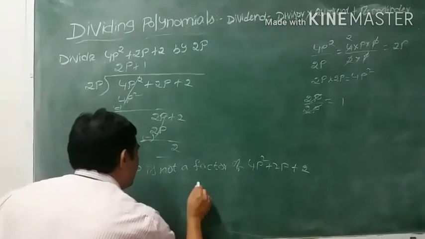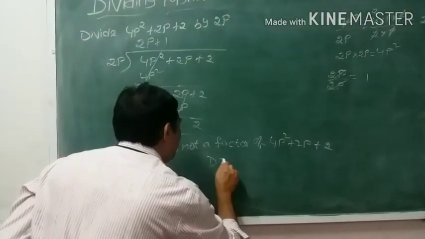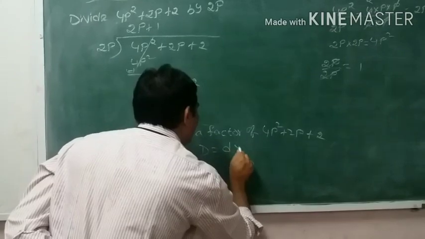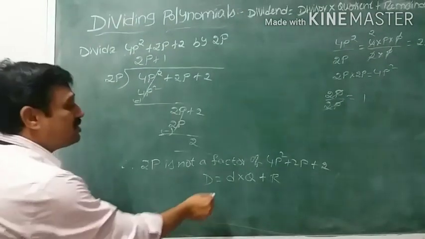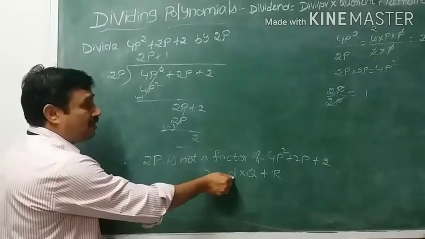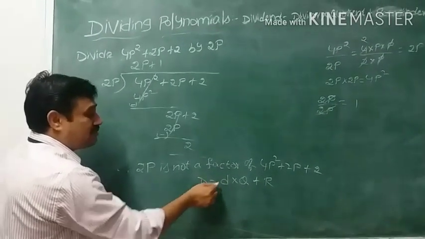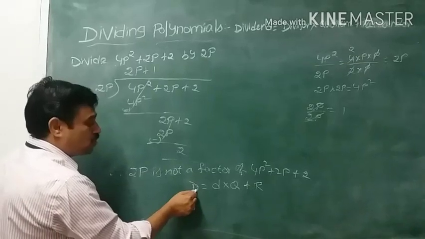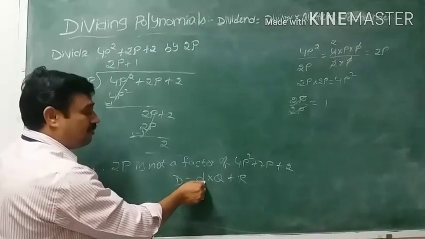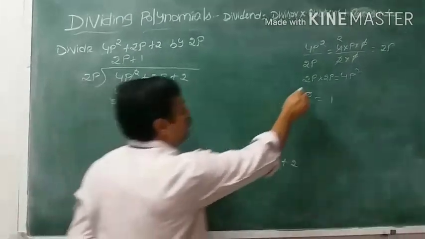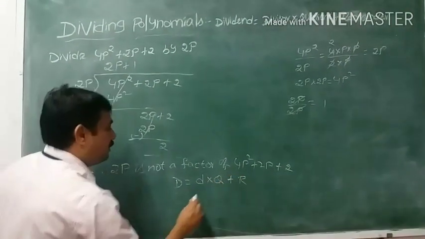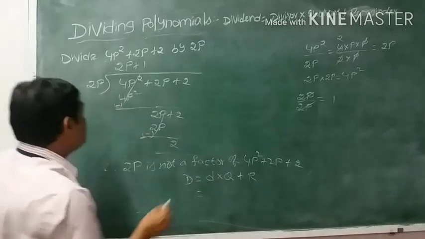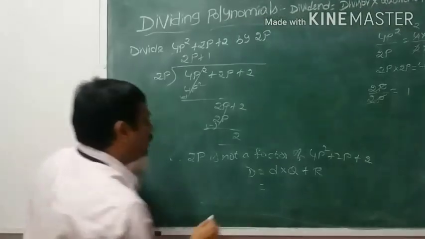Then division fact. Division fact is nothing but dividend is equal to divisor into quotient plus remainder. Here why we should write small d? If I write capital D then we will get confusion. So that's why dividend should always be capital D. Divisor you can write small d, otherwise you can write in full form divisor. So divisor into quotient plus remainder. That means here which one is the divisor? 2p